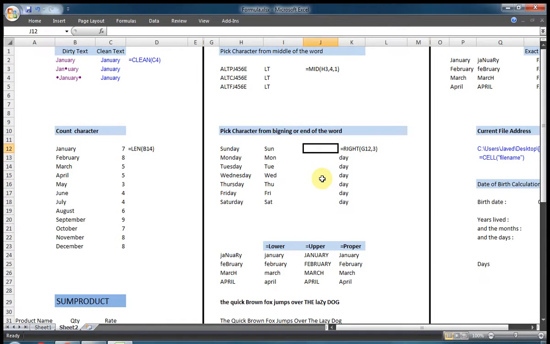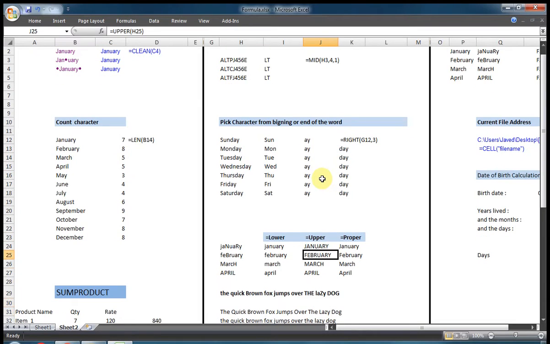You can check equal RIGHT and take how many characters you need. Suppose 3, or 2 if required.